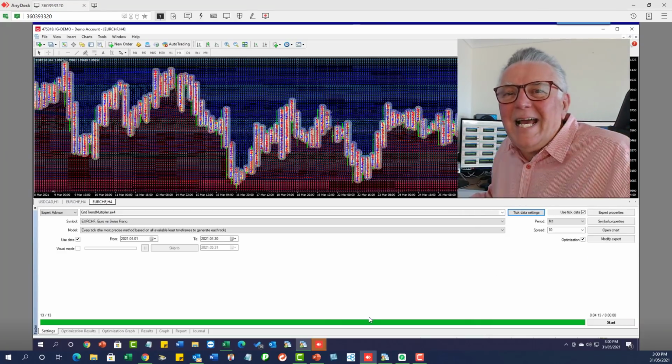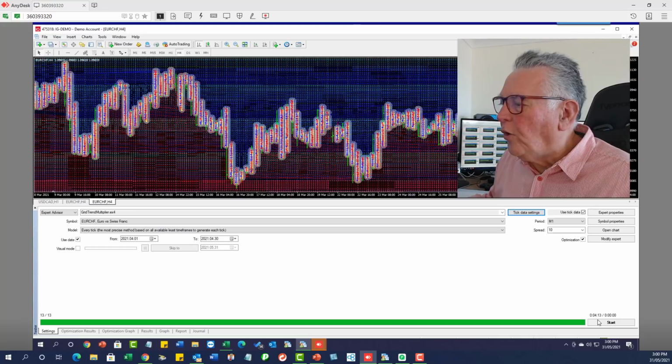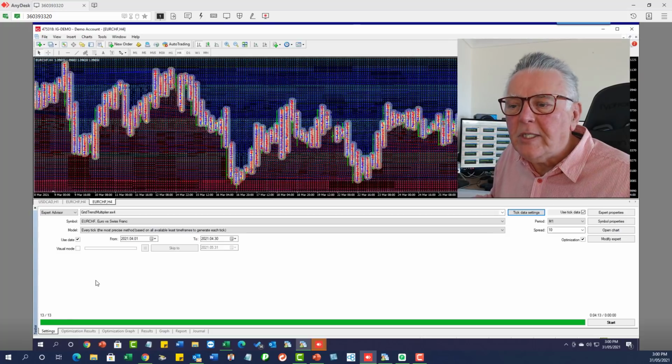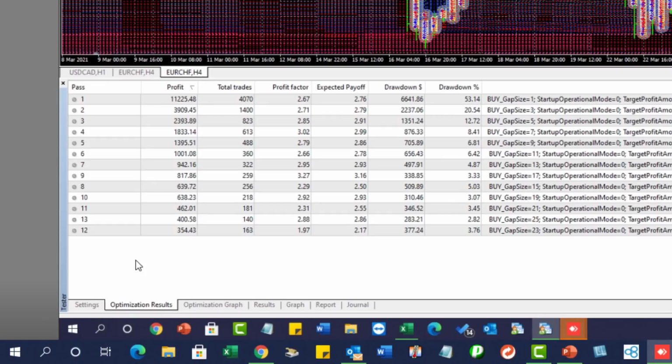Okay, the testing is done, and in fact it only took 4 minutes on this particular computer. It's pretty fast, and it tested 13 versions. And to see the versions, we click on the optimization results, and you can see the 13 versions that were tested, and you can see the actual settings that were tested at the time. And we've come back to the same answer. The one gap has produced the very best settings,